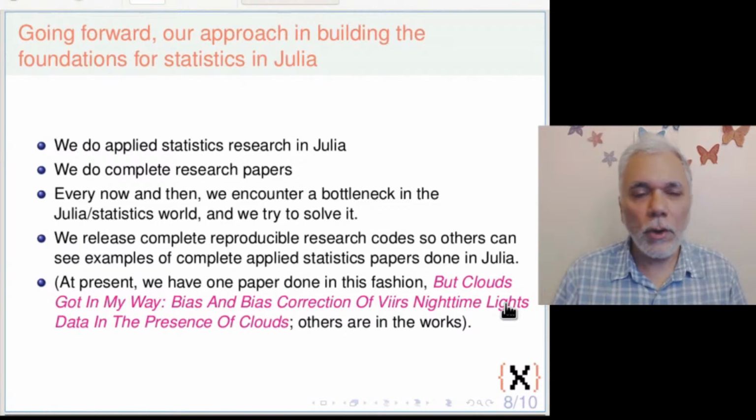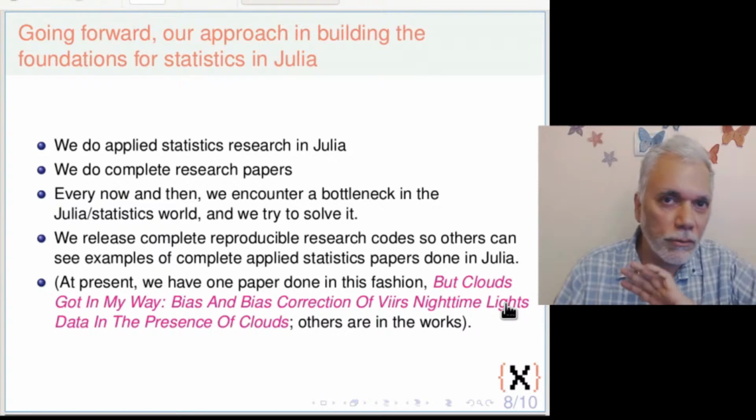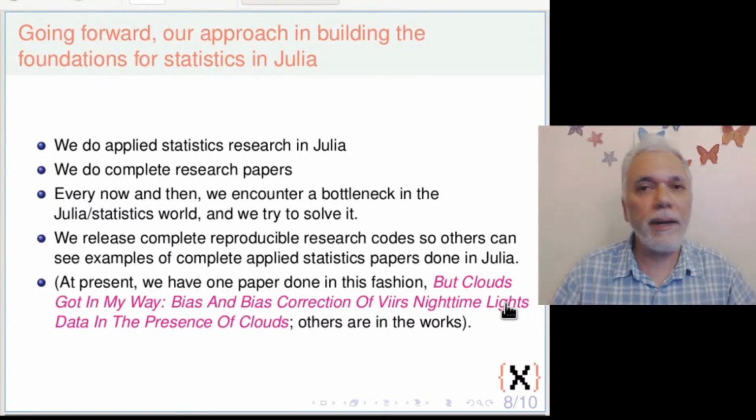So what is our strategy going forward? Our strategy is that we are doing many interesting academic and other applied research projects in Julia. We are building applied statistics projects entirely in Julia. Every now and then we encounter an important bottleneck, and then we try to go and solve it. And we don't stop at half measures. We do the full software engineering, we build test cases, we write documentation, we fit it into the existing Julia package ecosystem. But our main driver is that